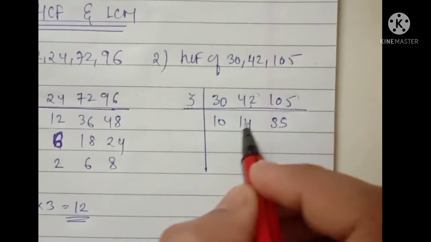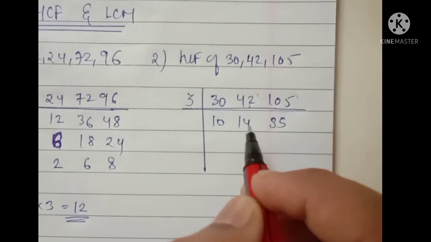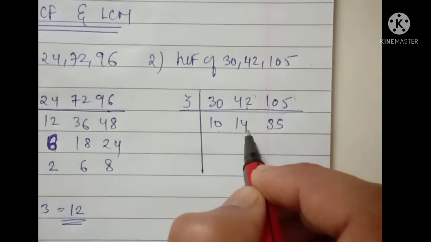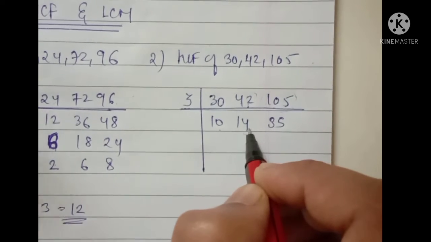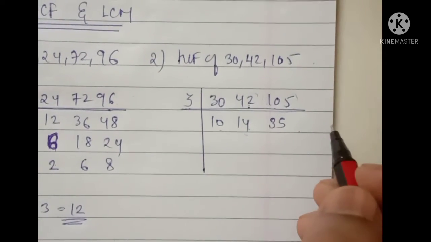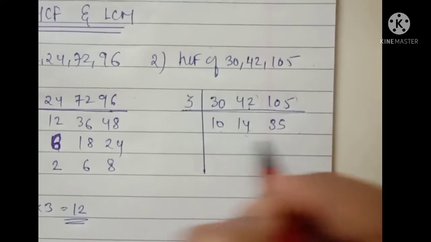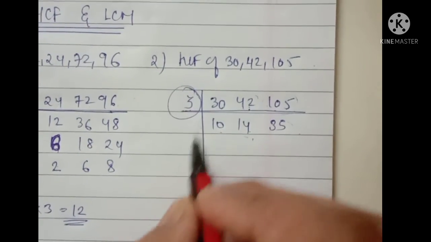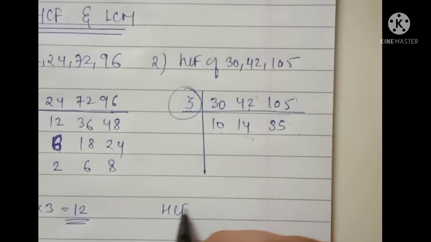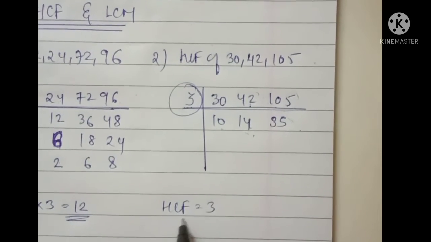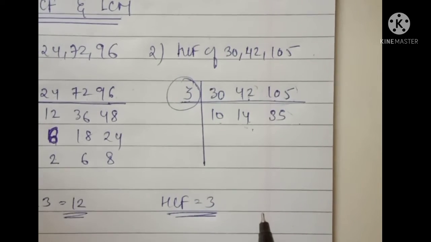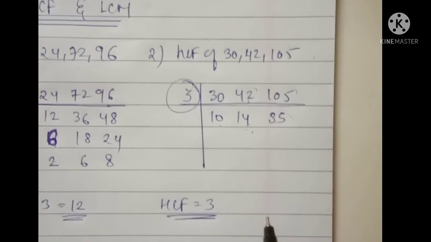Okay, which number will you choose that will divide all the numbers? Basically this will not all come in one table. Like जैसे यहाँ पे 10, अगर यहाँ पे 15 होता, then it would divide by 5 also. 5 twos are, 5 threes and rest 5 sevens are. So you have to stop here only, and basically you will get 3 as the HCF. Okay, here is your answer. Clear? Like HCF of 30, 42, 105 is 3 only.